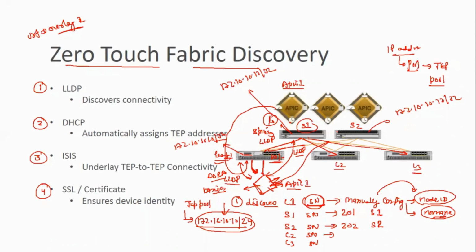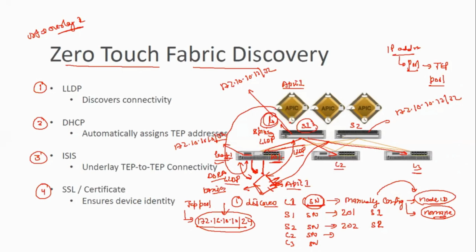Then how will S1 forward traffic to L2? It will be on this physical interface, right? Via the physical interface. No, it will take this TEP IP address as the source IP address. For every IP communication, there will be a source IP and destination IP. So in a traditional network, what happens? The exit interface IP will be the source IP. Generally that happens, right? From that exit interface, it takes the IP and uses it as a source IP. But in ACI, this TEP IP address will be the source.